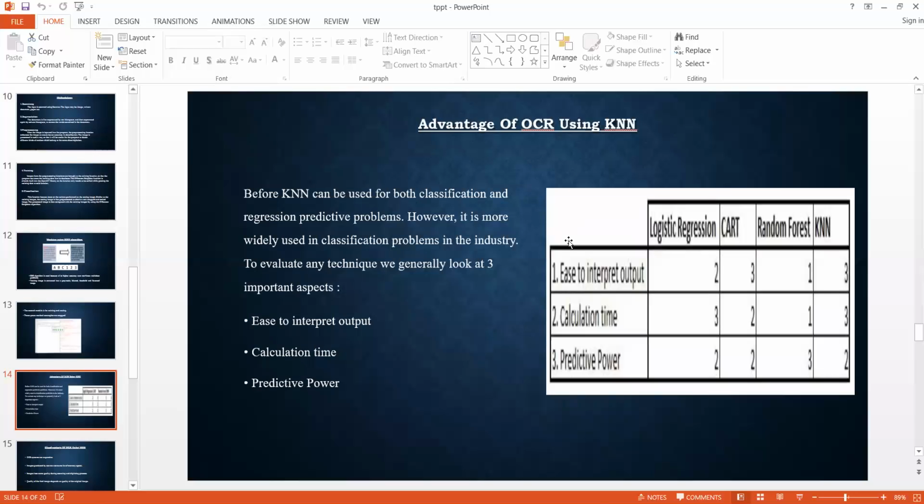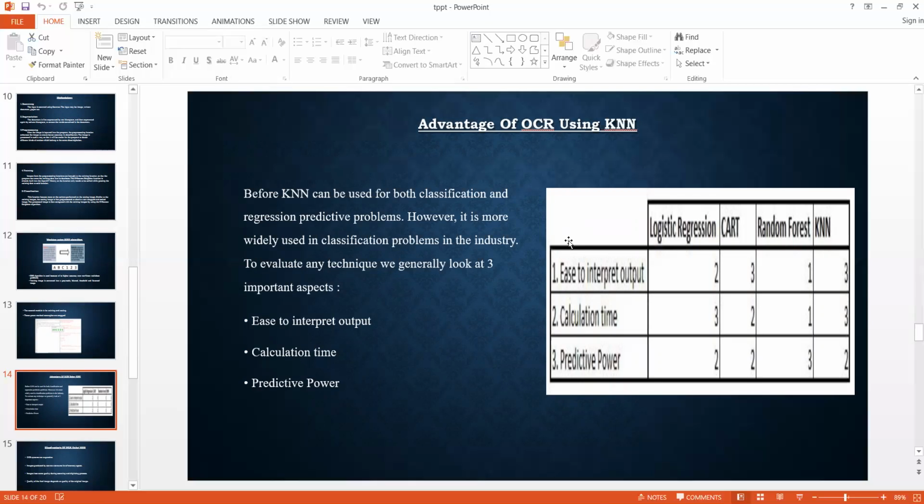Next topic, advantages of OCR using KNN. KNN can be used for both classification and regression predictive problems; however, it is more widely used in classification problems in the industry. To evaluate any technique, we generally look at three important aspects: ease of interpreting output, calculation time, and predictive power.